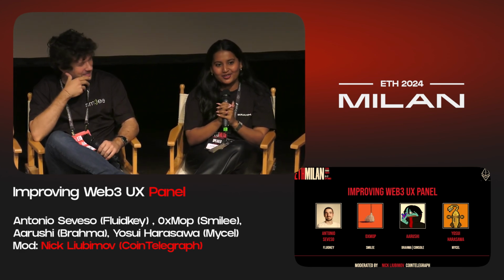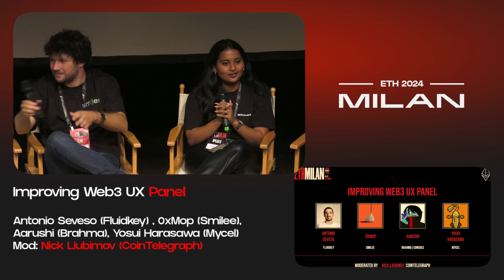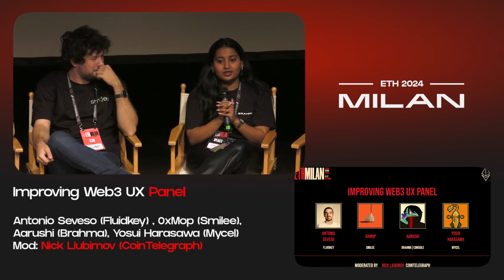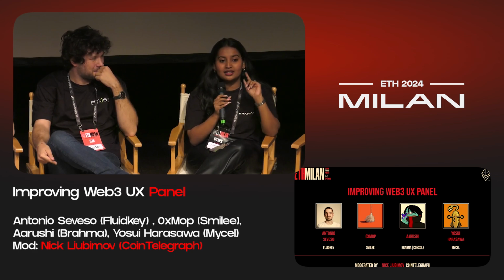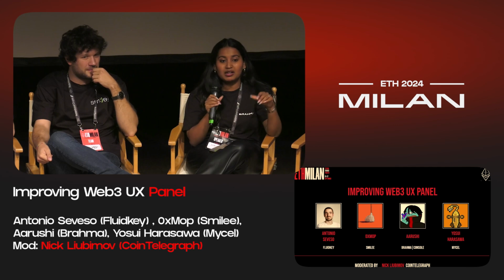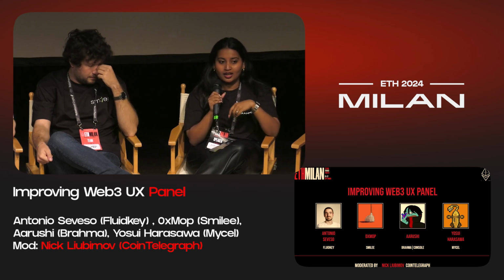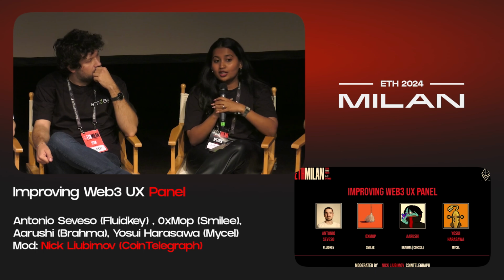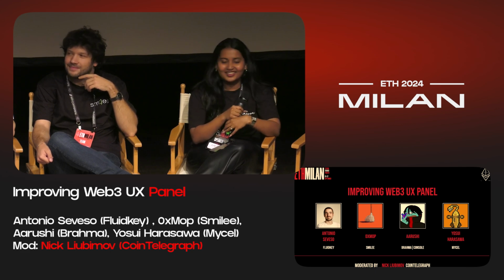Awesome. I'm Aarushi. I lead marketing for Brahma Console, and we are a universal multi-chain account. Basically, you do anything on chain, you do it better with us. You have a single safe address across multiple chains. You can track all your transaction histories and all your asset movements in a unified dashboard. You have multiple native automations, in-app bridging, swaps, and all of that good stuff. But yeah, that's Console for you.